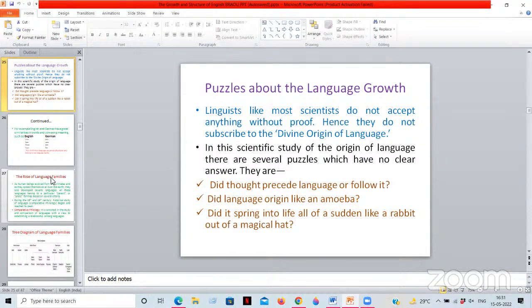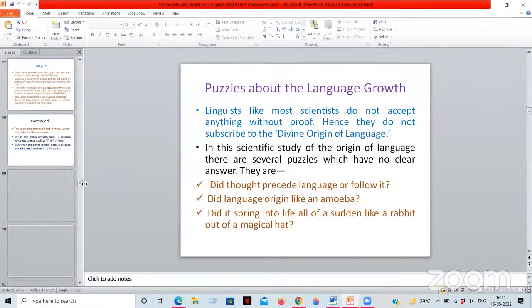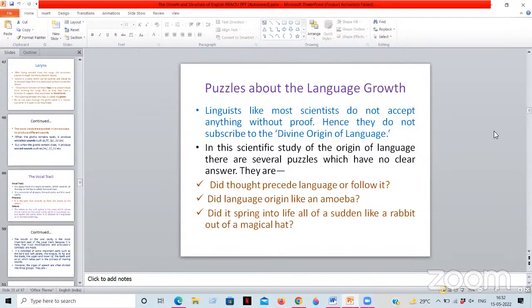So if you really need the PPTs, whatever I have, you have to talk with your HOD. If she asks me, I will share it with her. And she will share, because she doesn't even want me to be personally involved with you people. This is a very practical class. Sorry, even this is a live class, so I don't have that right to do that. So you have to talk with madam.